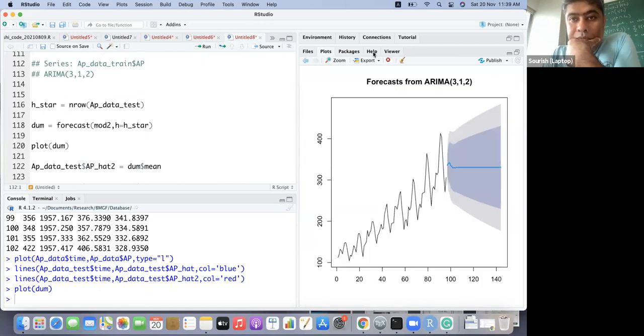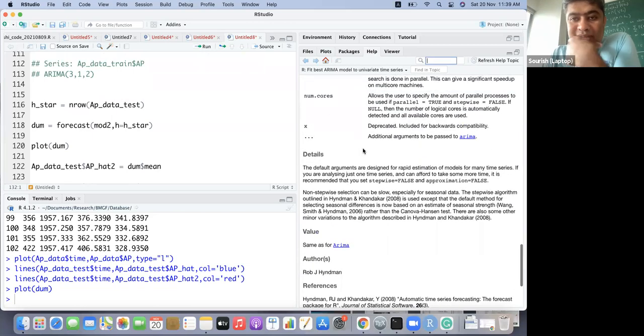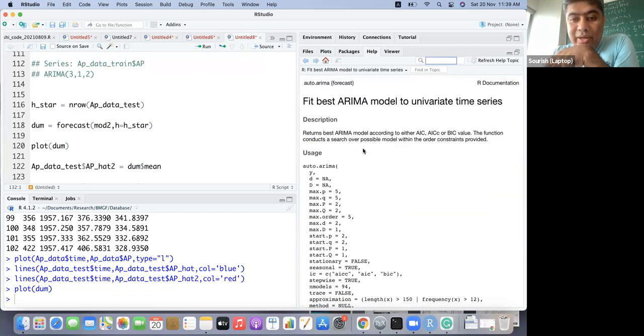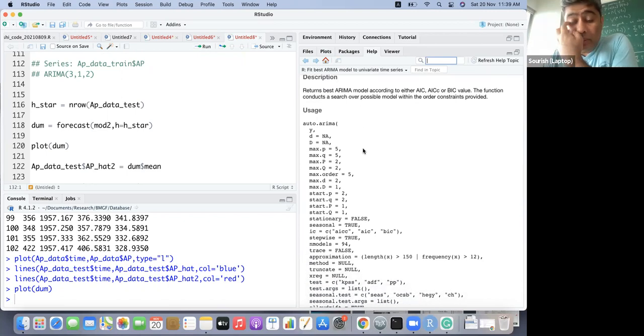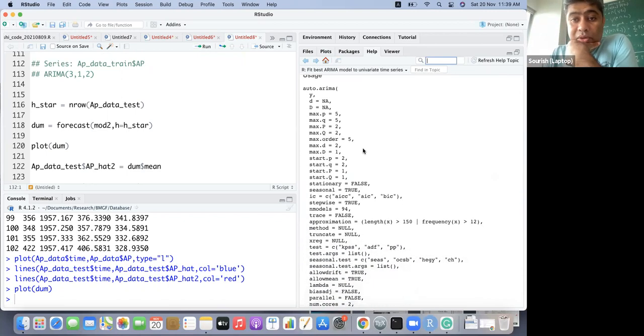Sorry. So we can play around a little bit with the third model, auto ARIMA. What are the options that we have? We have max.p, max.q, max.pq.